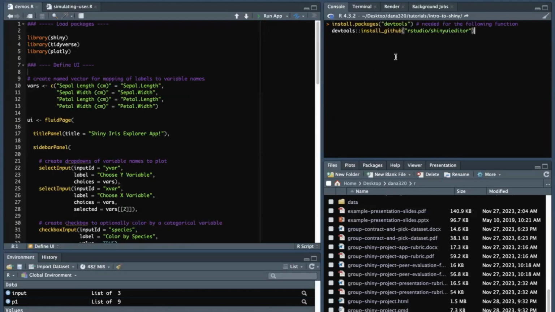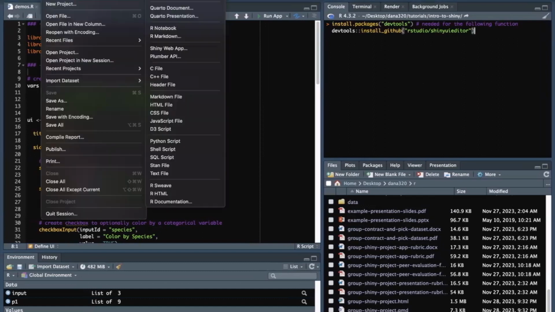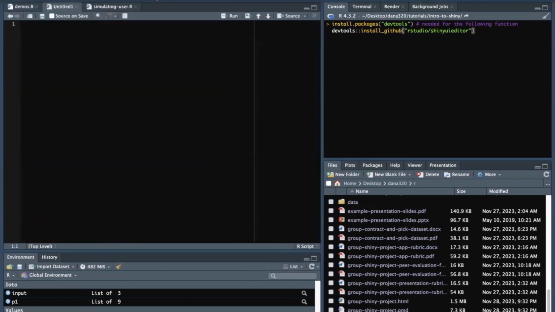Click enter and run those lines, and that will take you through some prompts. Just click yes on all of those prompts, and that should give you the package Shiny UI editor that we need. The next thing that we're going to do once those are downloaded and installed is open up a new R script,